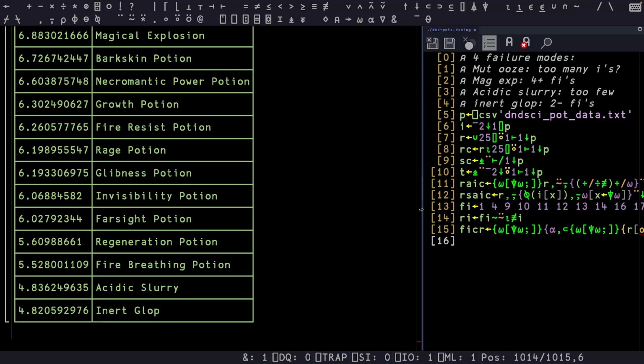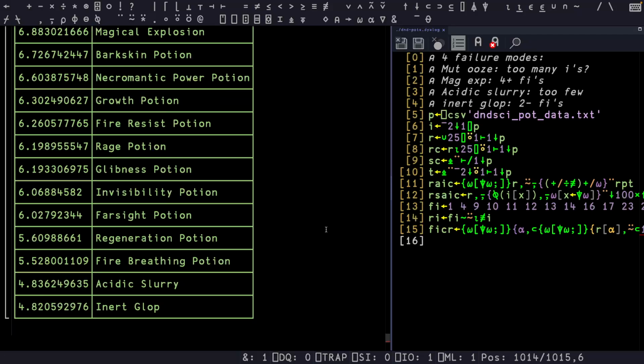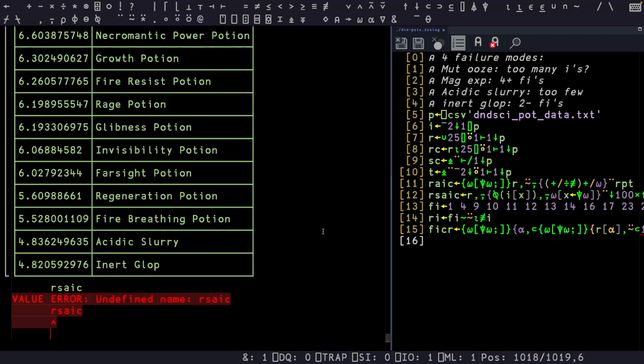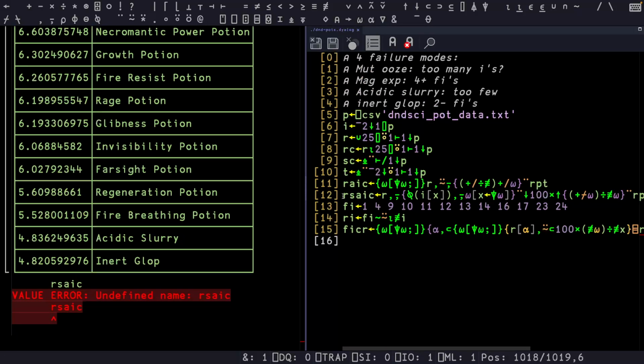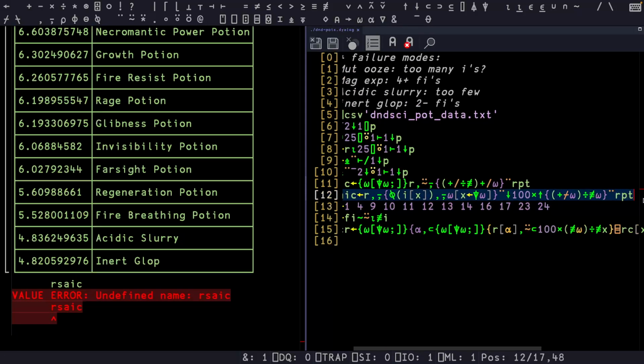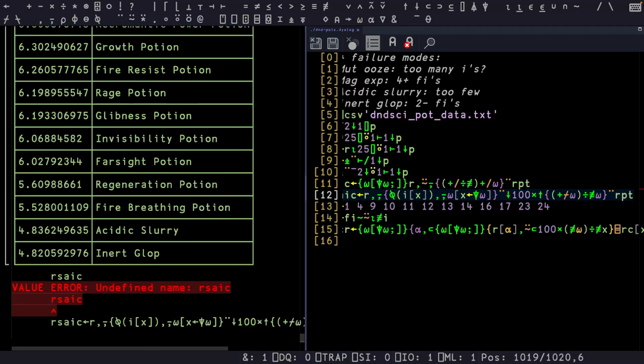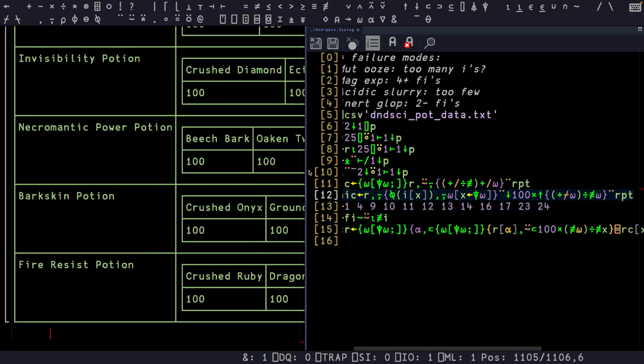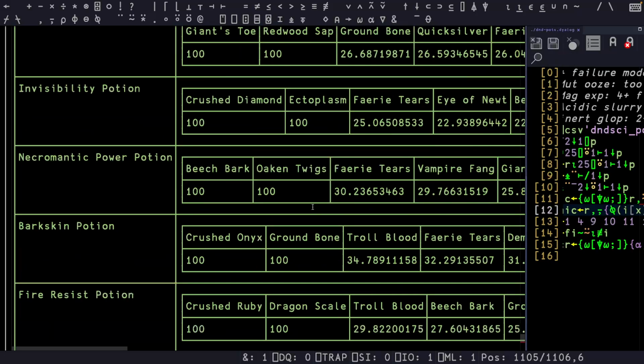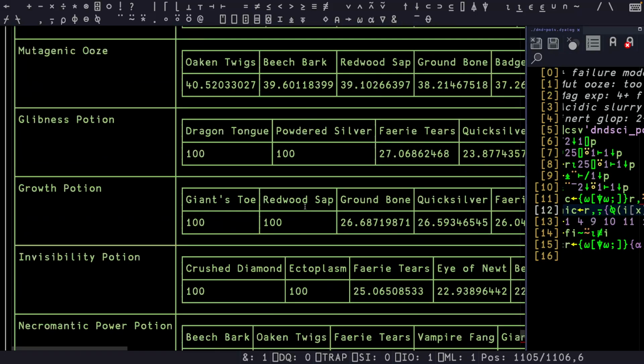Oh, I didn't copy my percentages here. What was RSIC? Oh, I didn't even define that one. Okay, hello? RSIC? Yeah. So we're looking at a bunch of these percentages and stuff, and this is all cool and whatnot,